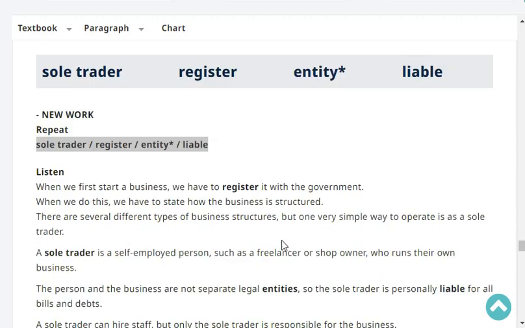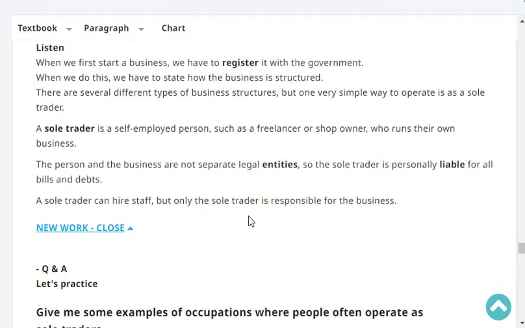When we first start a business, we have to register it with the government. When we do this, we have to state how the business is structured. There are several different types of business structures, but one very simple way to operate is as a sole trader. A sole trader is a self-employed person, such as a freelancer or shop owner, who runs their own